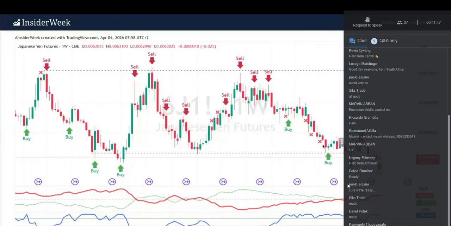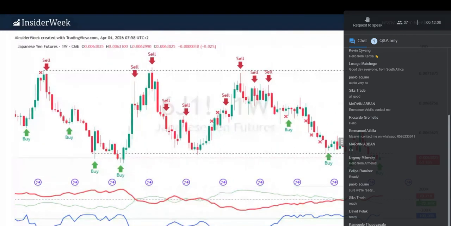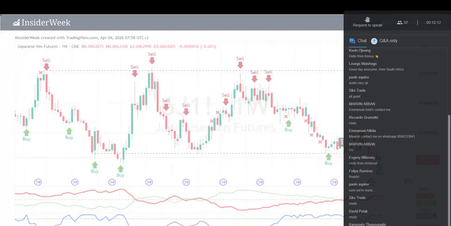As you can see, we had buy signals in the Japanese yen in the past, in May and July 2024. Now we touch the same price level again, and we got 3 buy signals on this price level. This market is setting up for an uptrend. As you can see, also we have here